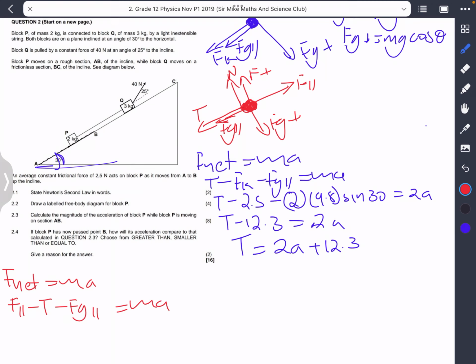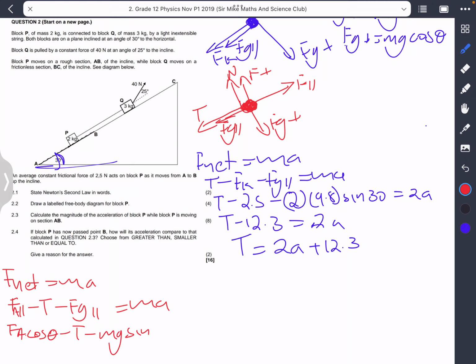To find that F parallel, the force applied parallel, let me write that as FA, it would be FA multiplied by cos of theta. Now remember, this theta would be this angle that we have, that 25 degrees there. So this would be minus tension minus mg